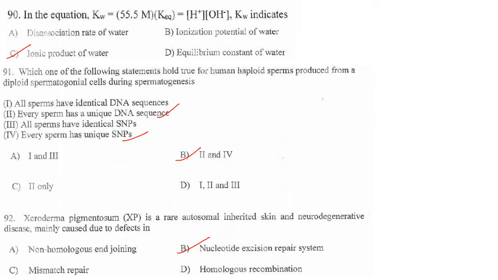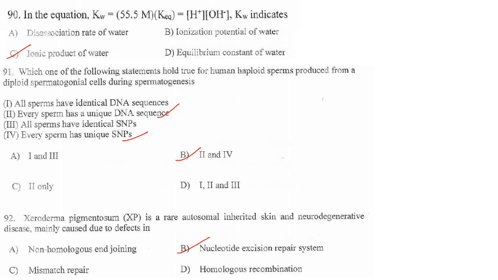Then in the equation Kw, 55.5 molar and K equilibrium is equal to concentration of H plus into concentration of OH minus. So Kw indicates the ionic product of water. Answer is option C. Which one of the following statements holds true for human haploid sperms produced from a diploid